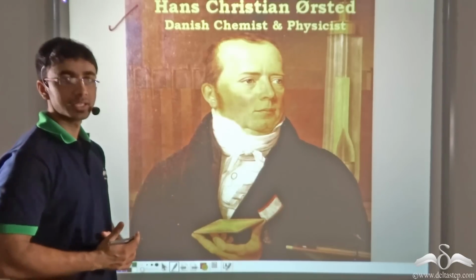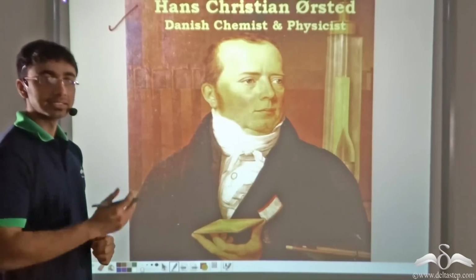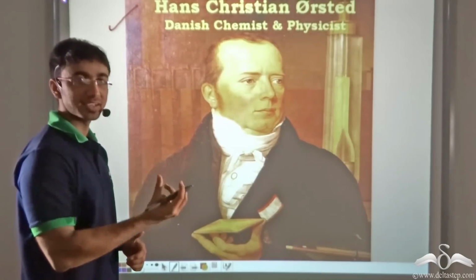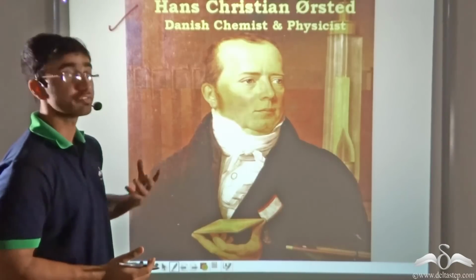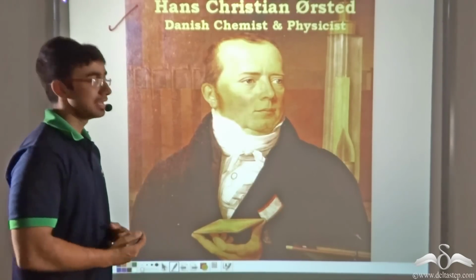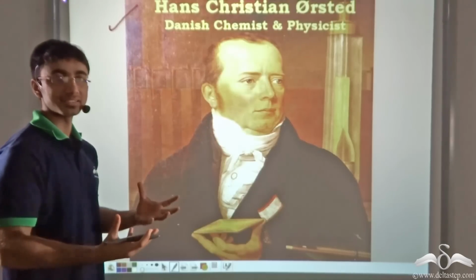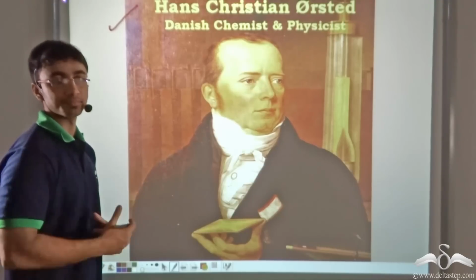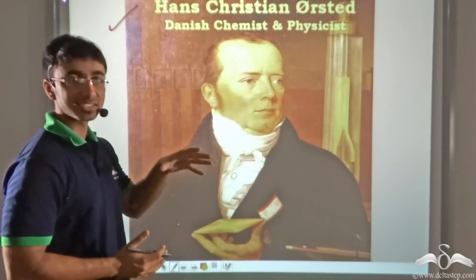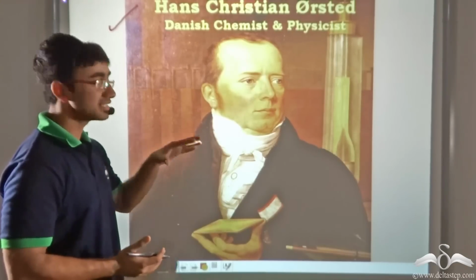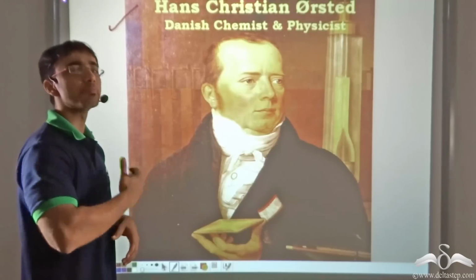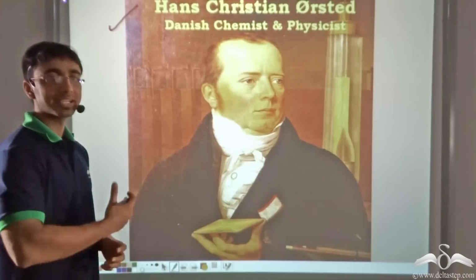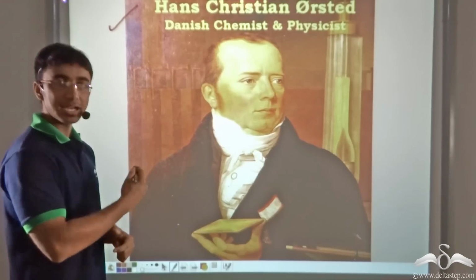Now he was intrigued. Hans Christian Oersted knew that the deflection in a compass needle can only be caused by a magnet because the compass needle itself is a magnetic substance. So he studied further on what exactly was happening. And then he found out that electricity and magnetism are related. Whenever there is a flow of electricity, there will be presence of magnetism. So this was a groundbreaking discovery in that time. And it was because of this discovery that it paved the way for many more discoveries in the years to come. So he was responsible for finding out the missing link between electricity and magnetism.